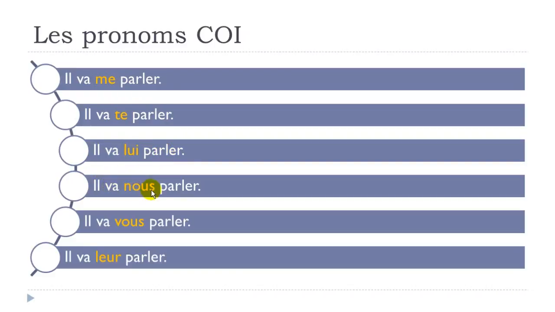Il va nous parler, he's going to talk to us. Il va vous parler, he's going to talk to you. Il va leur parler, he's going to talk to them, okay? Il va me parler, il va te parler, il va lui parler, il va nous parler, il va vous parler,